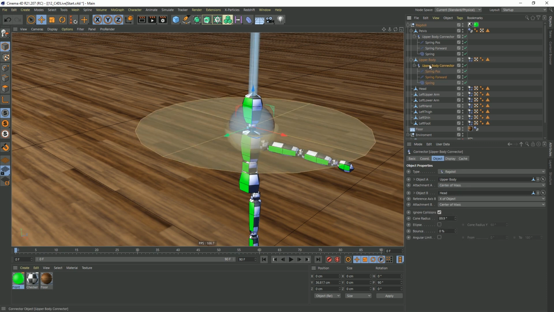Copy this. Oh, and we're trying to stay organized. So I want to rename this one to head because it's connecting from the upper body to the head. And it's important to keep these organized and named properly because now this upper body is going to get this entire rig a second time. So I made a copy. I'm going to continue from the bottom. So I'll just delete that and rename this one. And we'll name this one